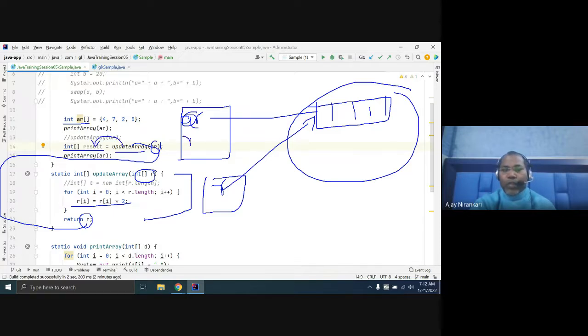So result is also another variable. It refers to what you are returning. You are returning R, and R refers to this, so the result variable also refers to this. So one variable refers to this array, and another variable also refers to the same array. So here you can print array or result. Both print the same thing because both variables refer to the same memory, right?